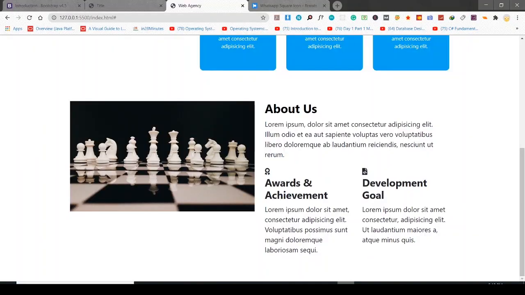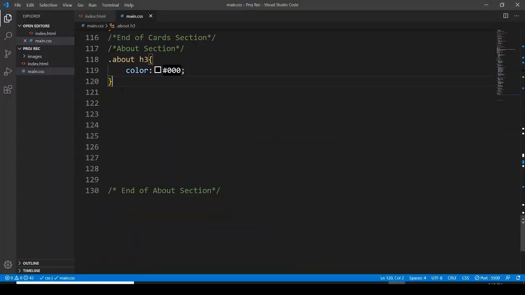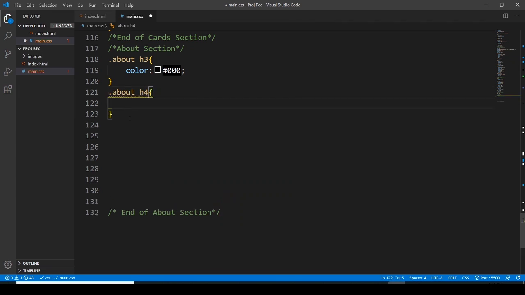Let's see. Yeah, I just want to... this is bold, but there should be an about heading 3, and then here about heading 4, and here in the heading 4 I just want to go